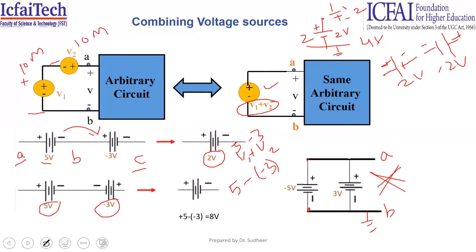Okay, so it will result in internal leakage current, or else it may result in malfunction, and finally there will be no voltage coming out of the circuit. So the summary of this slide is, whenever there is more than one voltage source connected in series, we can replace them with an equivalent voltage source, and the value is equal to either V1 plus V2 or V1 minus V2, depending upon the type of their connection. Second point, two voltage sources of different values cannot be connected in parallel.